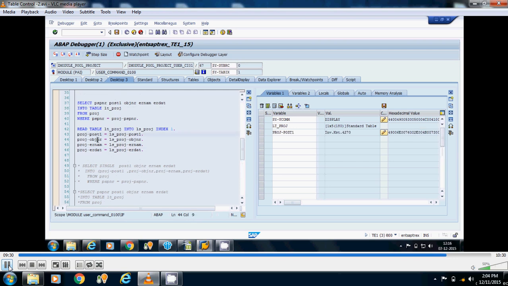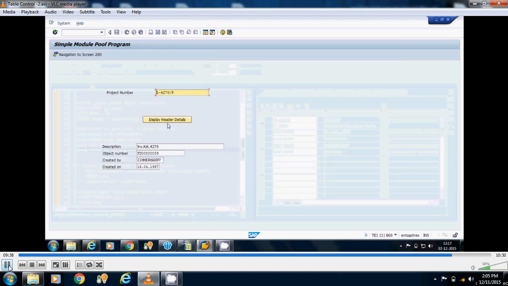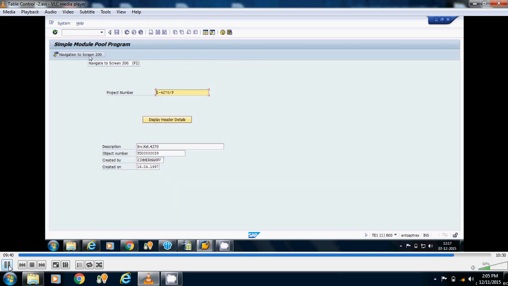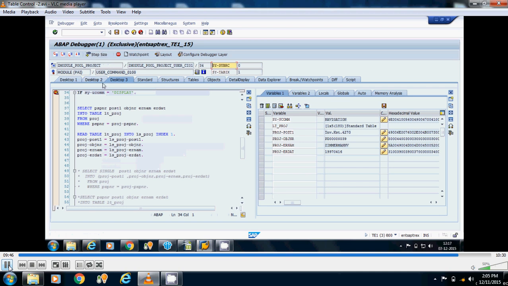Now we have POST1, OBJNR, ERNAM, ERDAT. I am executing this. Now when I click on the navigation to screen 200, at that time also the PAI event of that screen is called. Now in this case our SY-UCOMM is NAVIGATION.